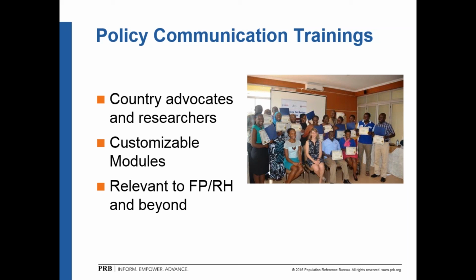One important thing to note is that the toolkit frequently cites or references family planning and reproductive health issues and examples, especially in relation to contraceptive method choice. However, I do want to remind you that the toolkit is not at all limited to use in this topic area. The core skills in the toolkit apply no matter what discipline of research or topic that you're talking about, and the topic-specific content can easily be adapted to suit other issues.